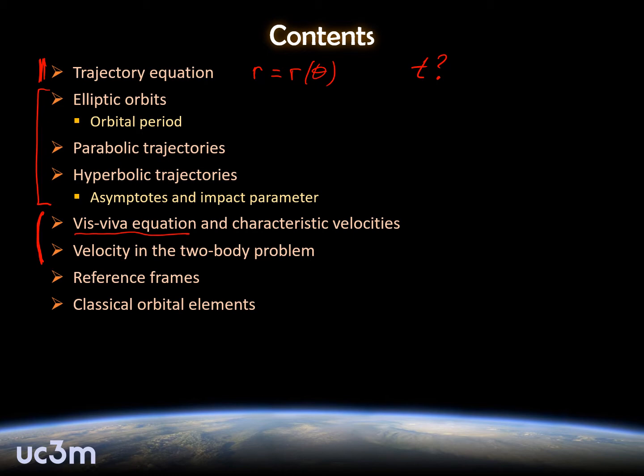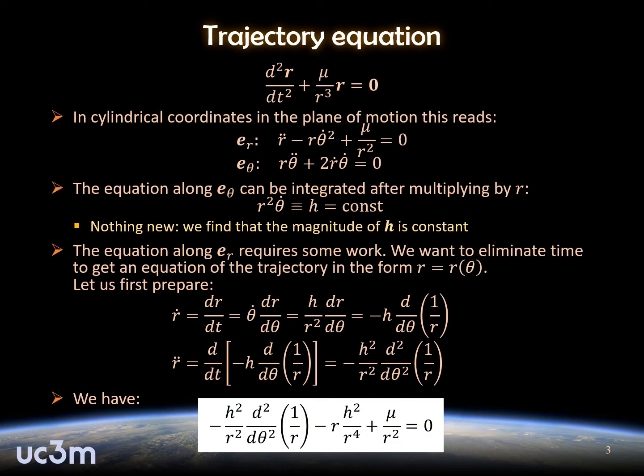After that, we will continue to look at the velocity vector. Okay, so we will see the vector nature of this velocity. And to close the lecture, we will look at some particular reference frames, and we will introduce also the classical orbital elements. In order to derive the trajectory equation, our starting point will be the equation for the two-body problem